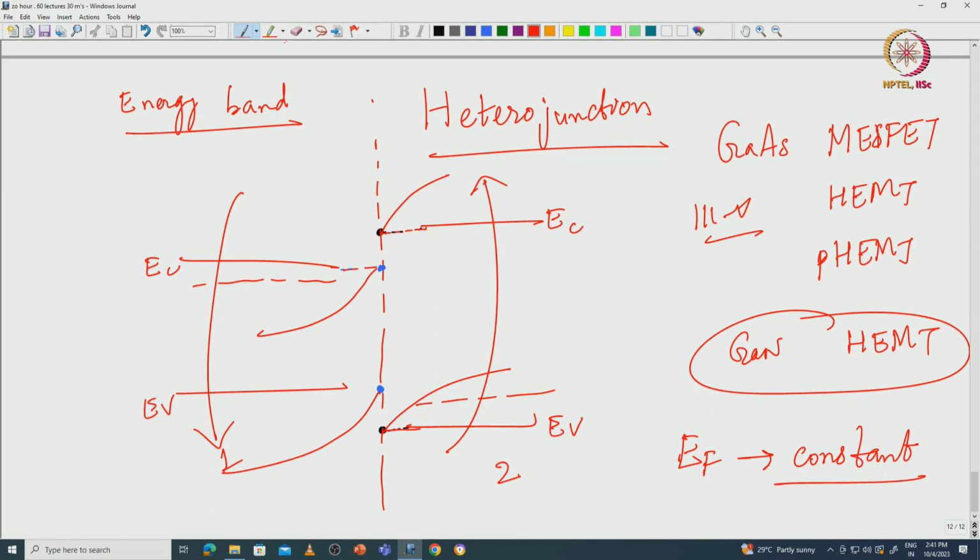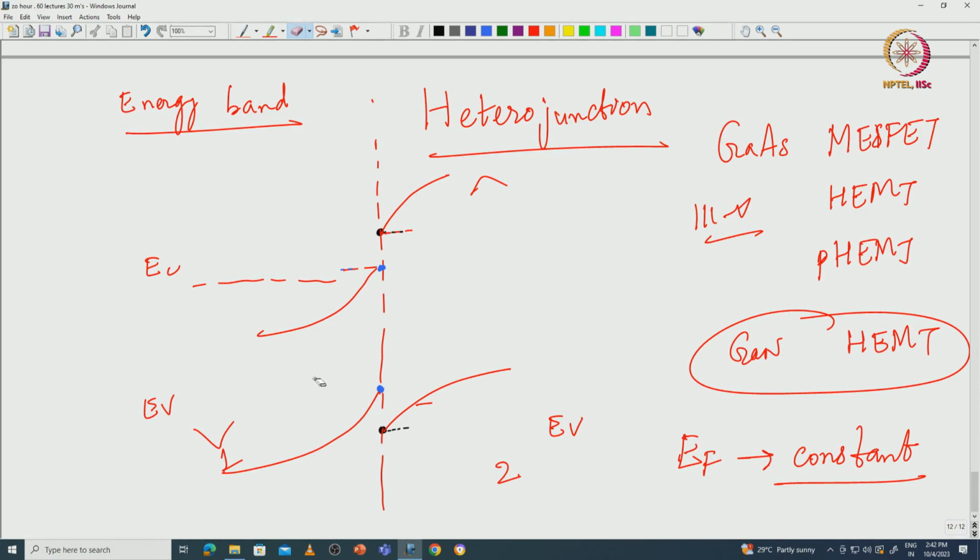So I can use the eraser here and I can probably erase this part, because the bands are no longer flat, they will have to bend. So I am basically erasing the straight parts, and the bands are bending now, you can see that. So they will bend, and eventually